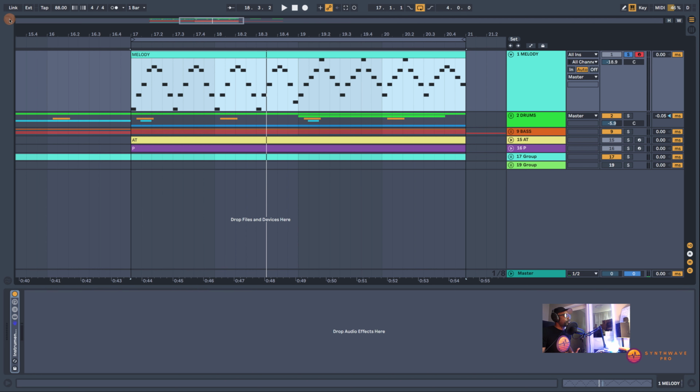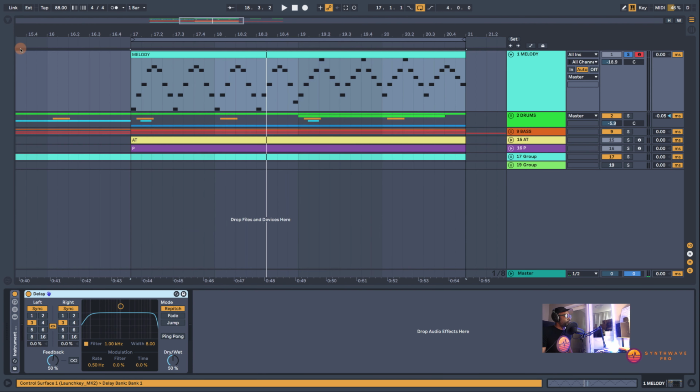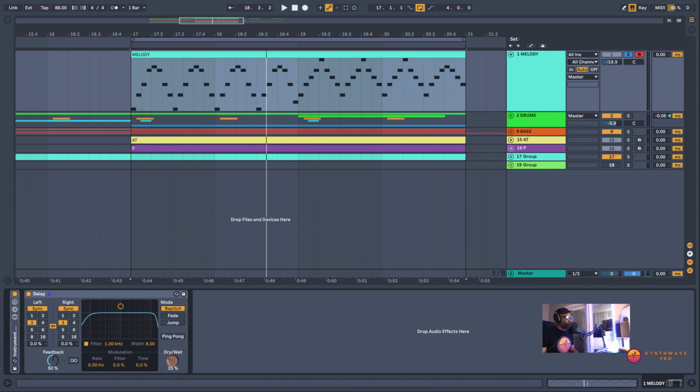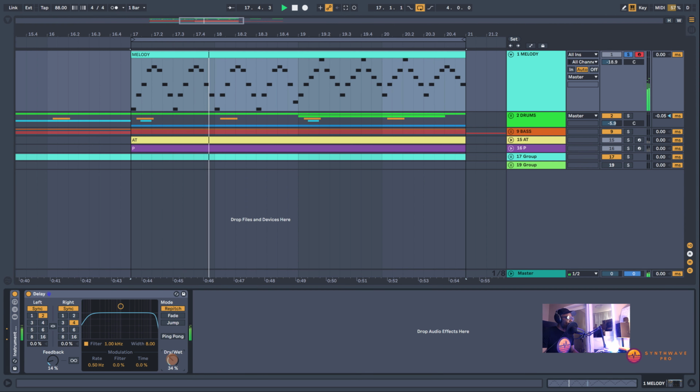One thing we can do just to start off is to add a delay plugin on this instrumental channel, reduce the dry wet to something conservative, as well as the feedback. And we can have this sort of 2 to 4 configuration on the left and right channel respectively. Let's play and hear what this sounds like. All right, so we're getting a little more life, sounds a lot more exciting,